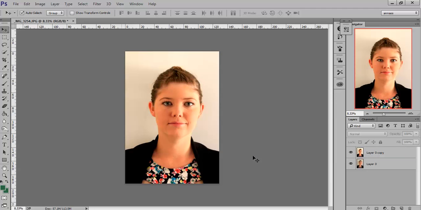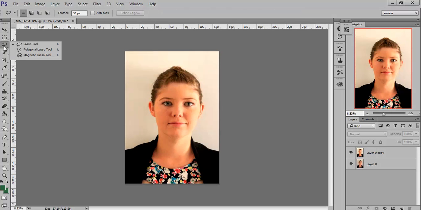Now to my eye, this white does not look all consistent, so I can't just click one select color and cut it all out. So what I like to do is do it in bits. What we're going to do first is go over the hair, because that's pretty brown, so that won't be too hard to cut out. So I'm going to use my lasso tool here,